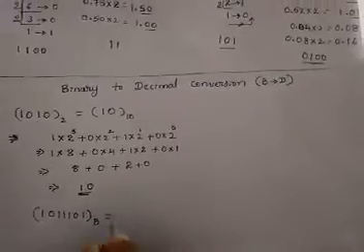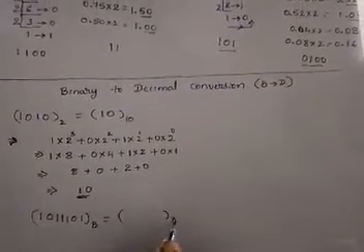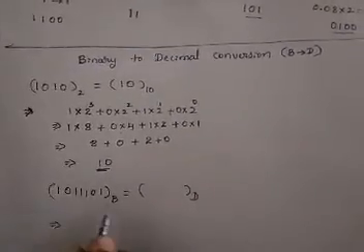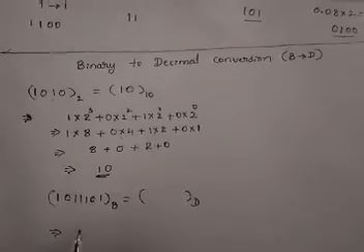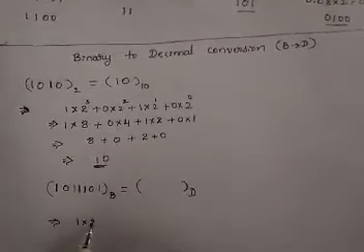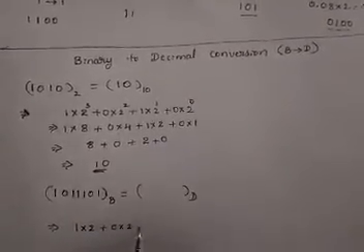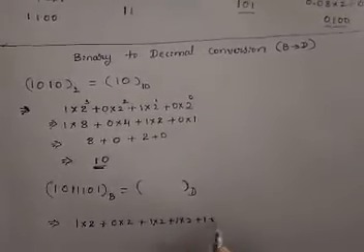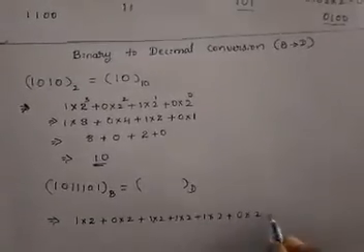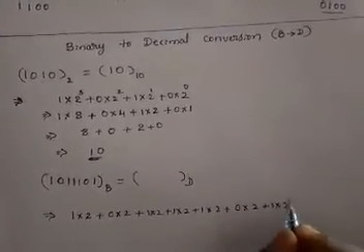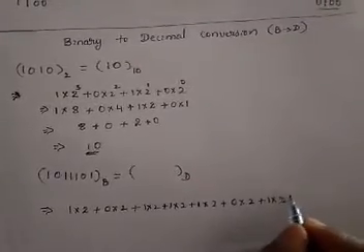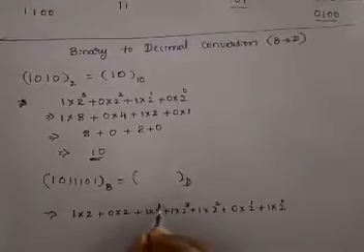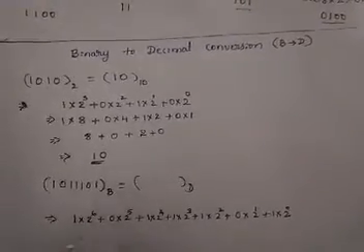Similarly, I will take one more example, which is given in binary, if they are asking for conversion into the decimal number system. Again the same steps, just expand the given numbers. Starting from here, 1 into 2 plus 0 into 2 plus 1 into 2 plus 1 into 2 plus 0 into 2 plus 1 into 2. I give the powers starting from the right hand side: 0, 1, 2, 3, 4, 5, 6.